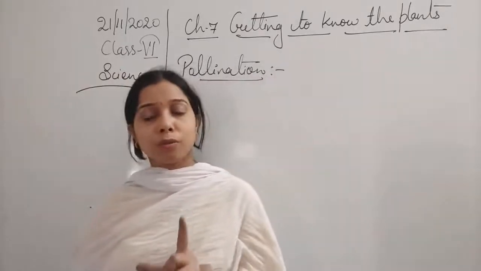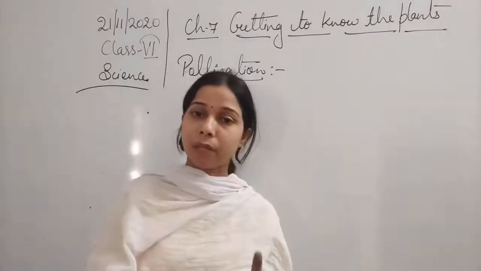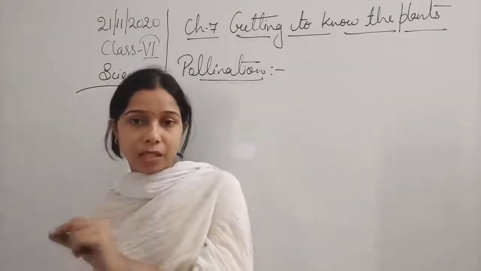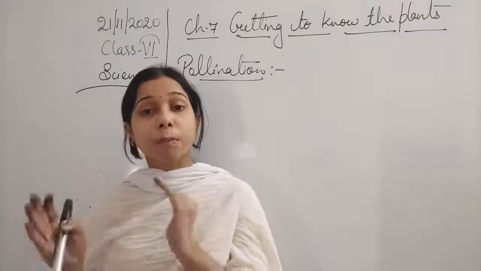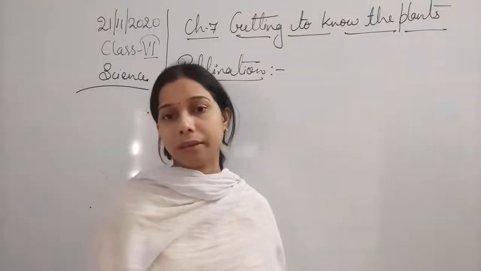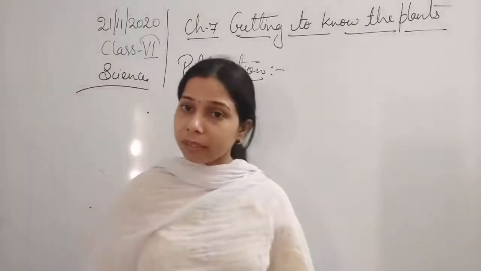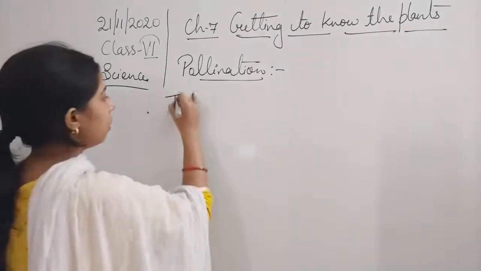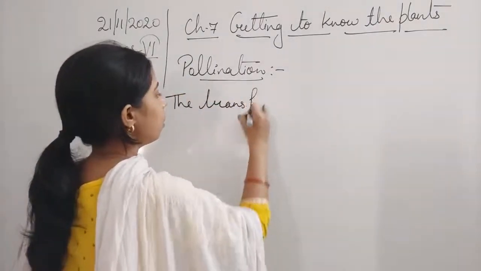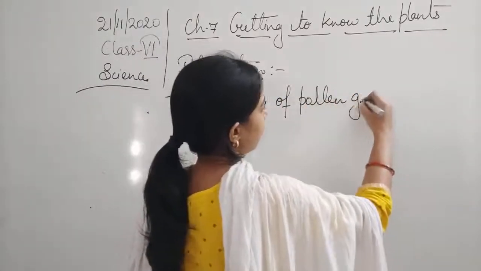So this pollen, when it gets transferred, because it has to transfer, it has to reach from the male to the female part. So when it gets transferred from the male part to the female part, this process of the transfer of pollen grains from male to the female part is known as pollination. So pollination is a process of the transfer of pollen grains. Okay? So we can write it, the transfer of pollen grains